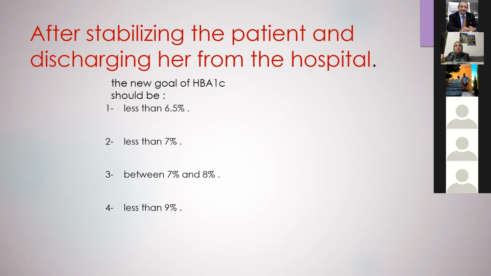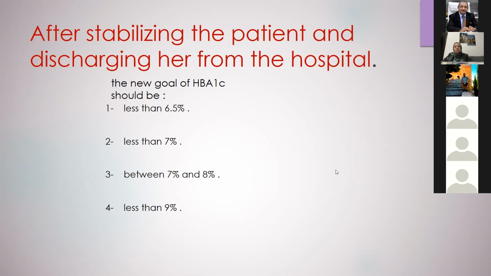And this patient is critical because we might give her a hypoglycemia. And if she goes into hypoglycemia with a heart failure and ischemic heart disease, she might die. You don't need to give her less than 7. It should be between 7 and 8. Yes. This is the most important thing, and this is the most important